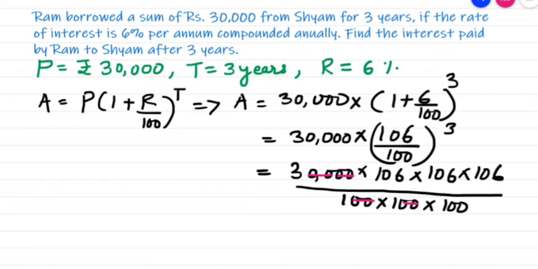So 106 into 106 will be equal to 6 6s are 36, 3, 6, 0, 0 and 3 3s, 6 1s are 6. Since this is 0, you can take two places from here and then you have 106. So 6 3s are 18 and so on, giving 11236. Now again multiply 11236 by 106.